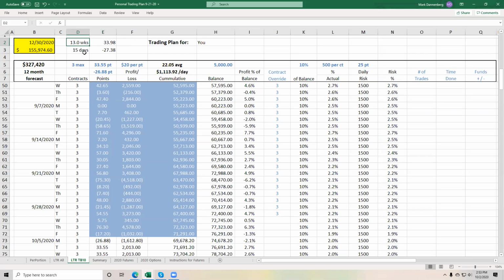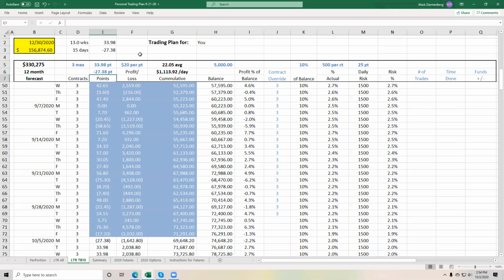We have 13 weeks under our belt. We have 15 losing days. So the ratio of losing days to winning days here is more favorable than it is in the 9:30 to noon category. It is what it is. It's just based on what you choose to trade, what time frames you choose to trade. 15 days factored into our average win and average loss means that we need to adjust this to 33.98. That's our average winning day, factoring in 15 losing days out of 13 weeks. And our loss is minus